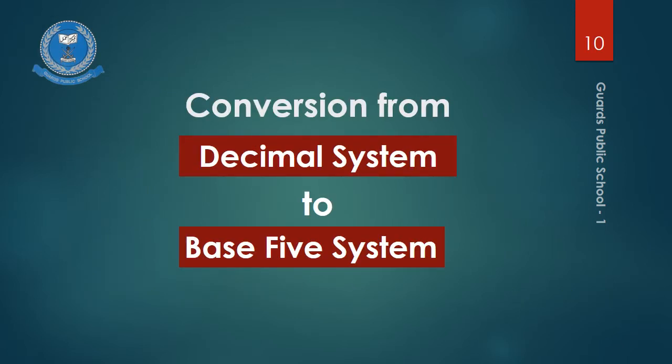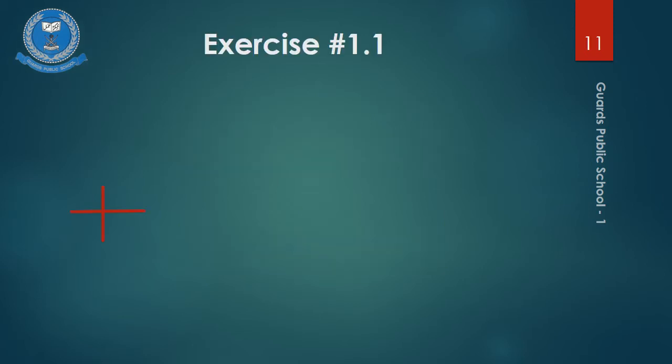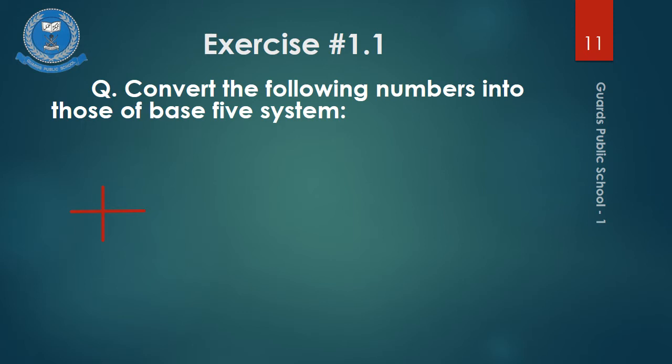Now we have the reverse process, conversion from decimal system to base 5 system. We have done 2 questions in which we have converted base 5 system into decimal. Now we will learn to convert a number of decimal system into the base 5 system. Exercise number 1.1 question is convert the following numbers into those of base 5 system, and question number 6 is